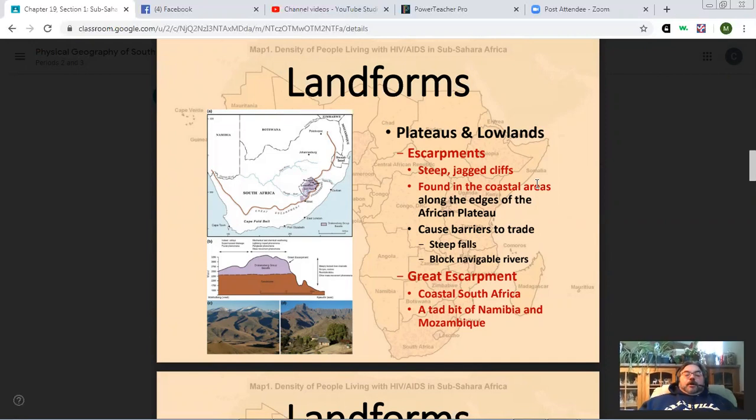We also talked about the significant barriers to trade and how these escarpments are actually one of the reasons, one of the primary reasons, that the central portions of Africa were so rarely explored by any outside countries. The fact is that it's actually very difficult to get into the interior regions of Africa because of these sharp drop-offs. The rivers, you can go up a river a very short way before you come up against this